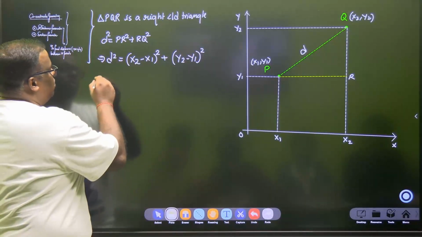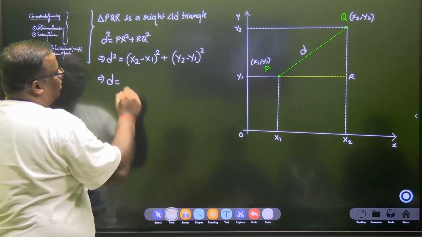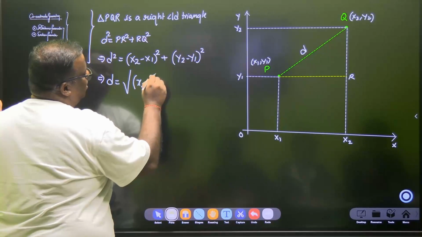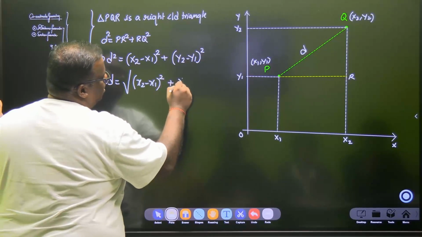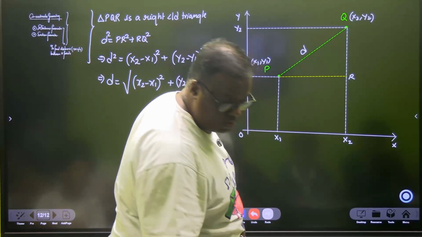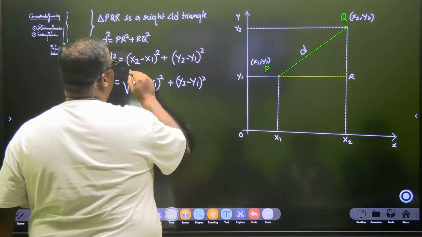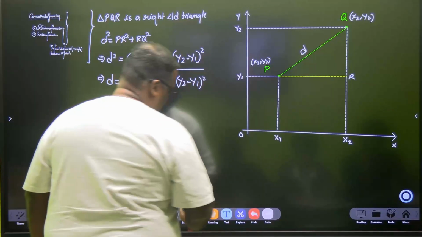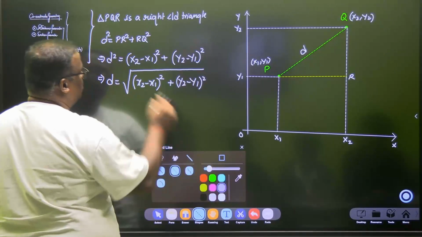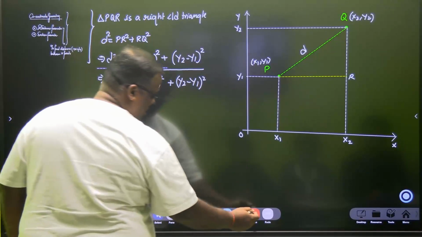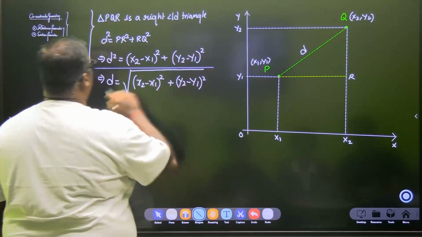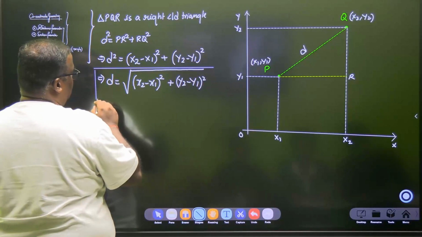And in this case, we get D equal to root under X2 minus X1 whole square plus Y2 minus Y1 whole square. This is the distance formula to find out the distance between 2 points, and it should be memorized by you